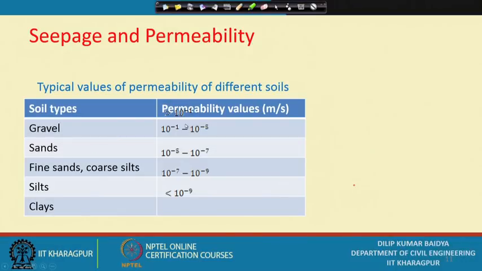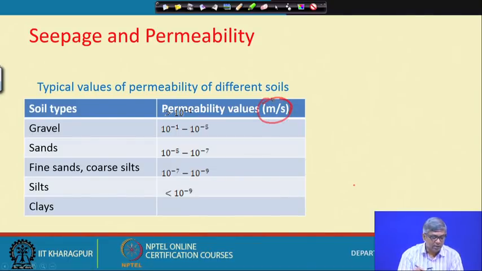So, for that there is a guideline actually. If it is gravel, the value should be greater than 10 to the power minus 1, in meter per second unit. When it is gravel, it is greater than 10 to the power minus 1, that is 0.1 meter per second,